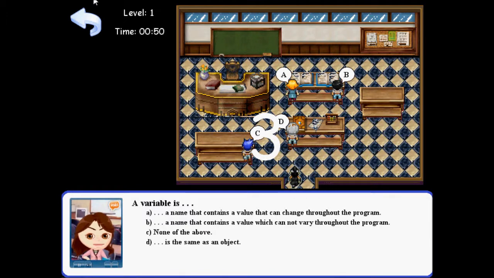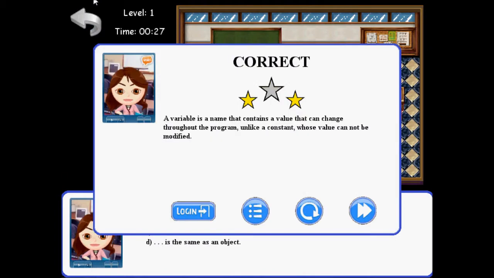B, a name that contains a value which cannot vary throughout the program. C, none of the above. D, is the same as an object. A variable is a name that contains a value that can change throughout the program, unlike a constant, whose value